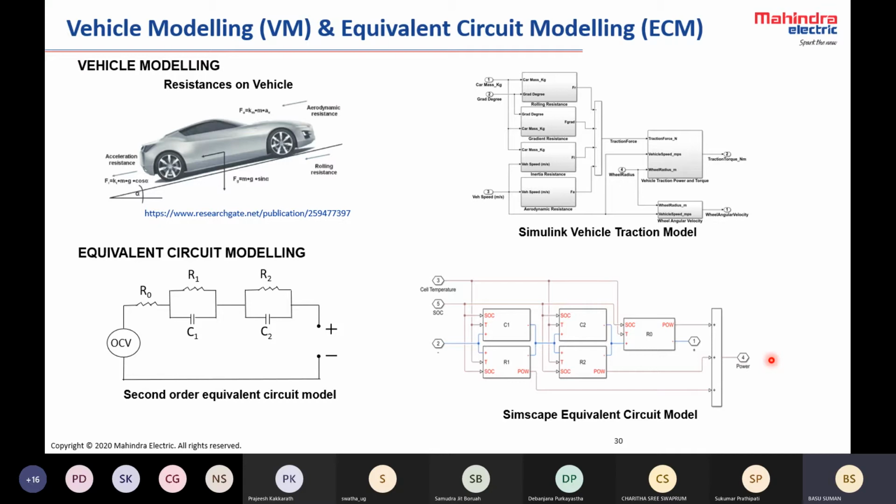So in Mahindra Electric also we have developed our own digital twin. It's based on MATLAB Simulink. So I think MATLAB Simulink also has their own digital twin. So we have our cell model, which is our basic building block. Then those get connected thermally as per our battery box design. And then we also have the information about how the vehicle will run.